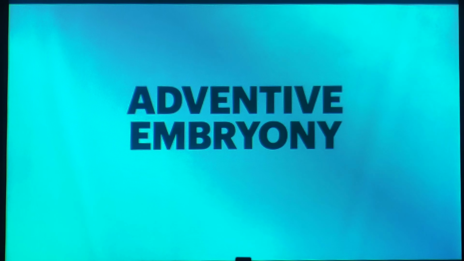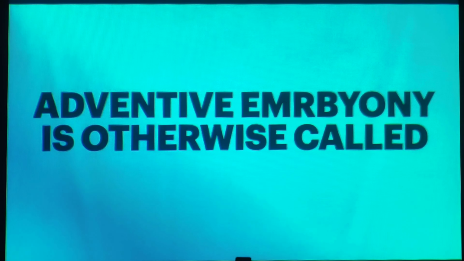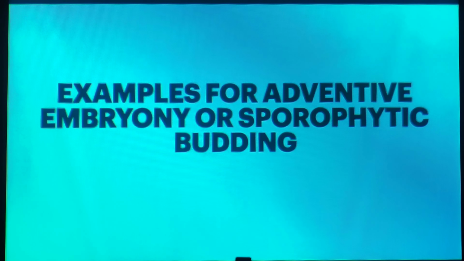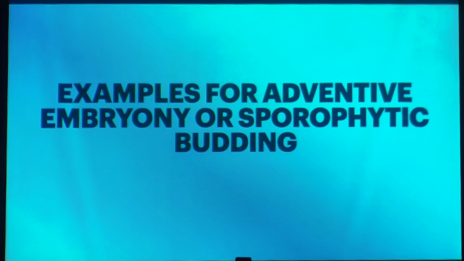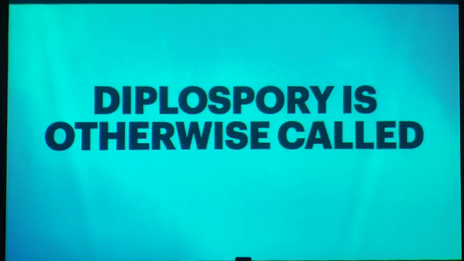Adventive embryony. Adventive embryony is otherwise called sporophytic budding. Examples for adventive embryony: Citrus and Mangifera. Diplospory is otherwise called